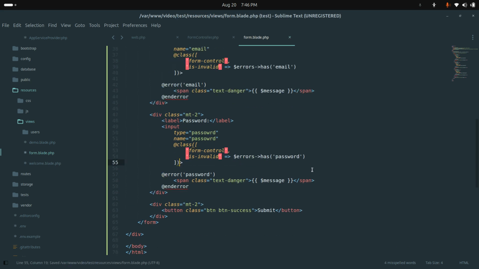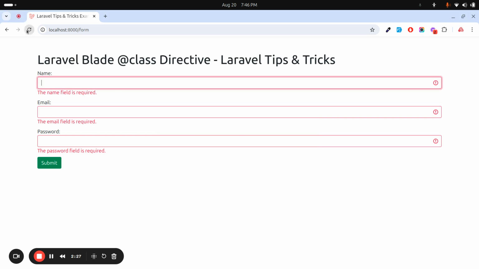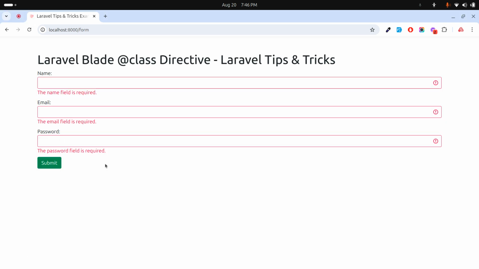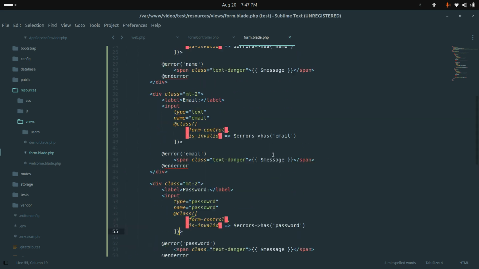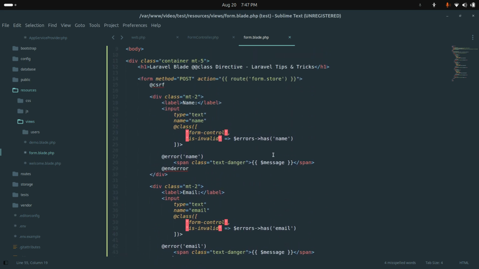Now it is saved, so let me refresh it. You can see that it works fine. So you can improve the latest code with the Laravel Blade component, and it helps you easily interact with PHP code and